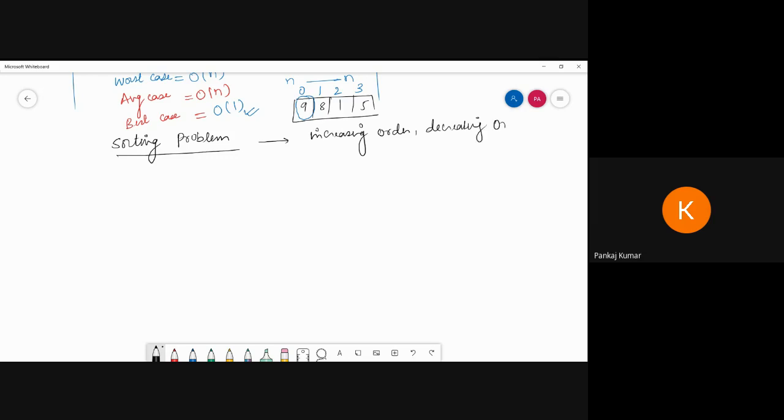Basically two types, increasing or decreasing order. So inside sorting, we are going to discuss first the bubble sort. Then when bubble sort is finished, we can go for the insertion sort.